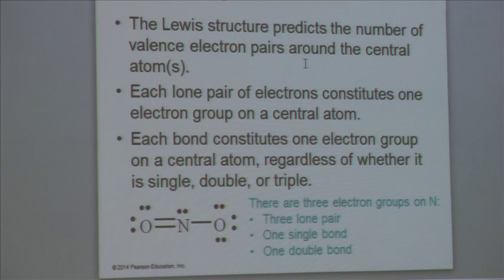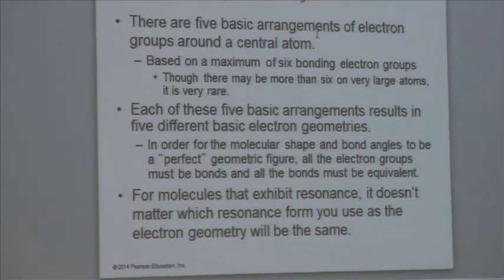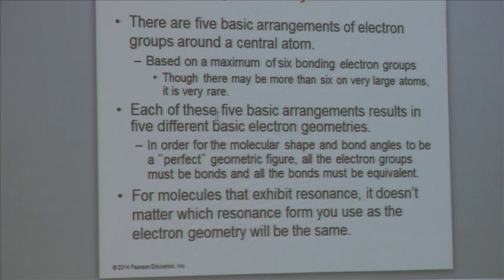We know the valence electrons, we know the lone pairs of electrons, and so we can write down a Lewis structure for NO2, as there are 3 electron groups for nitrogen, 3 lone pairs, 1 single bond, and a double bond. So we end up with a basic arrangement where you have 6 bonding electron groups, and these